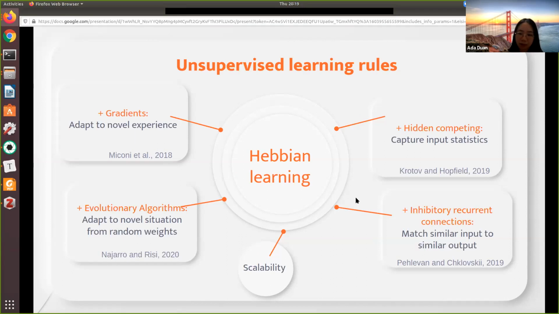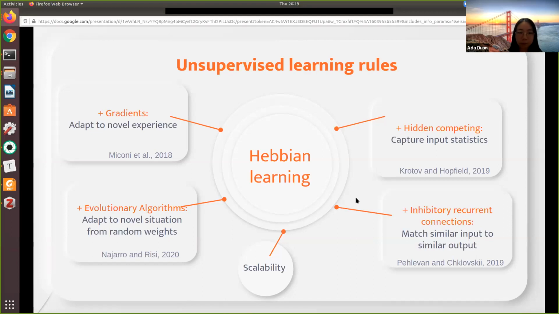And if we add the inhibitory recurrent connections, we can construct a network to match similar input to similar output. But the biggest problem with these fully unsupervised learning rules is that they don't scale up to big networks and